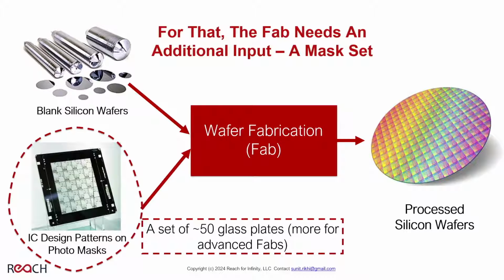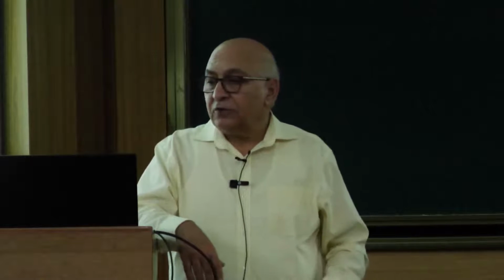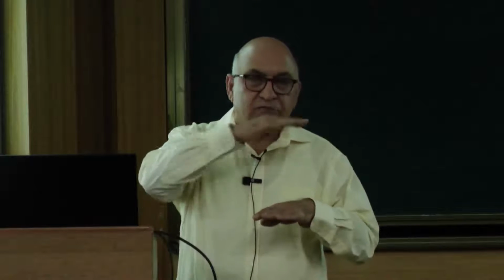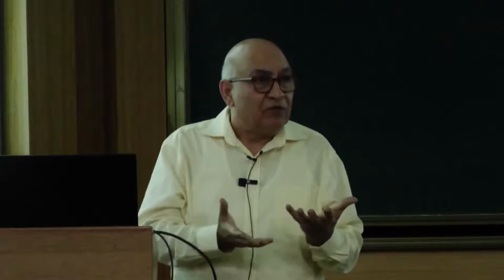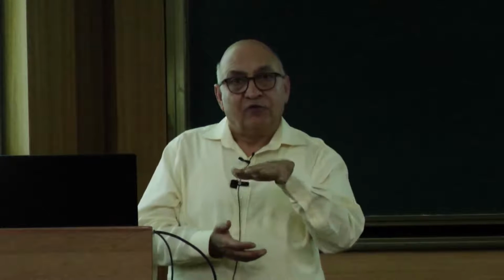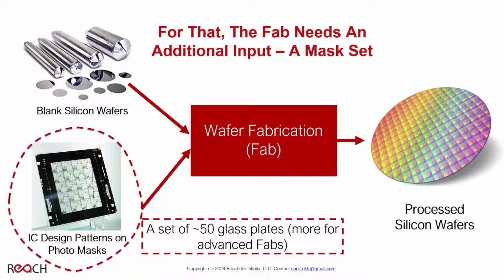But the much more advanced fabs of today, say 3 nanometer, could have not quite double, but close to double of these. So you have these photomasks. Each layer contains some information that can then be used to start the process of wafer processing. In other words, you can look at them as design patterns expressed in terms of a mask for exposure of light that represents the design of the transistors and the connections.